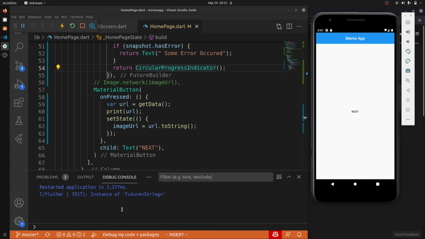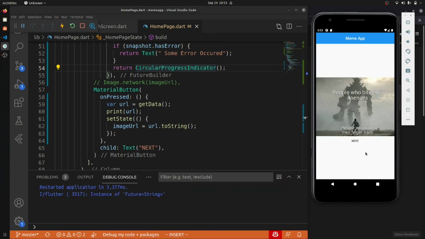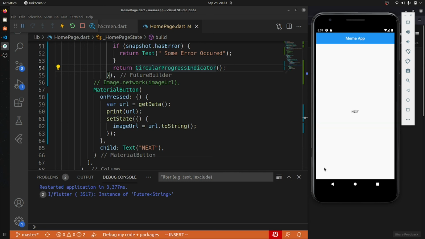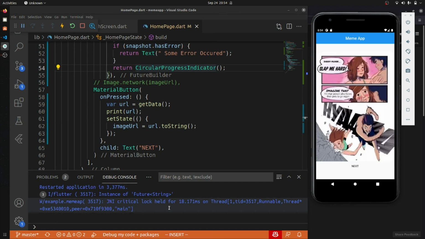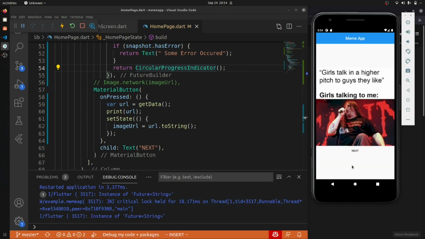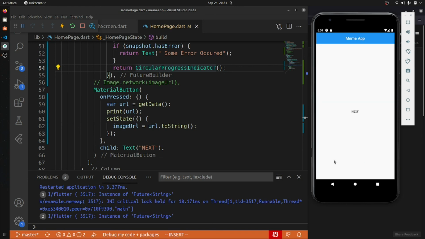But you can see that we are not getting any error now.